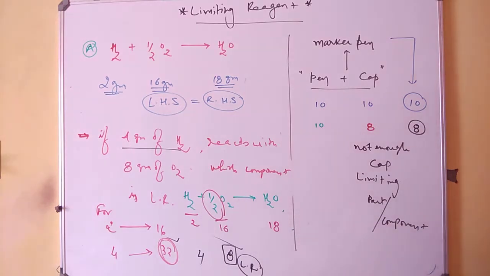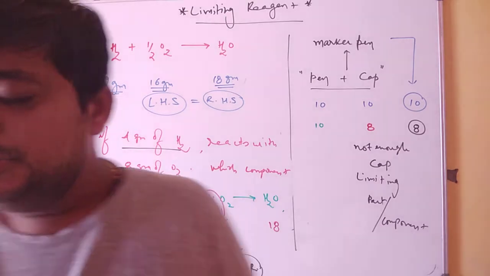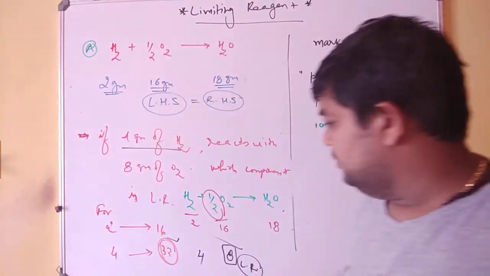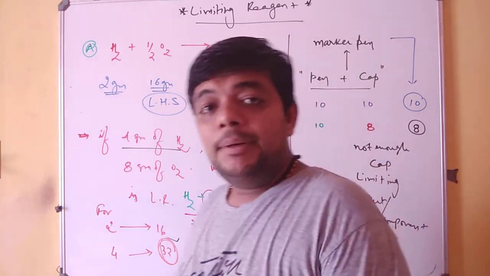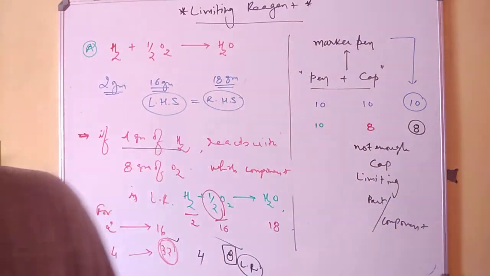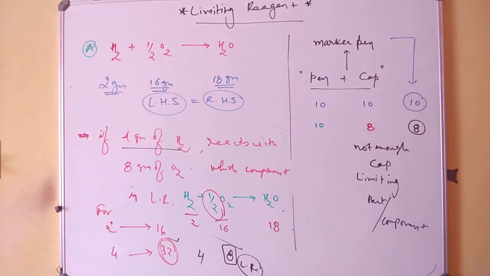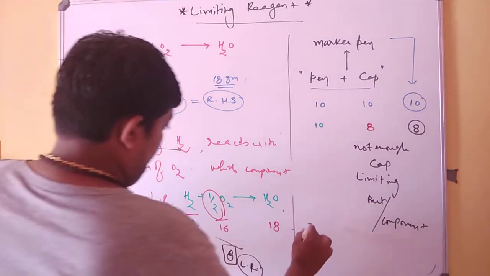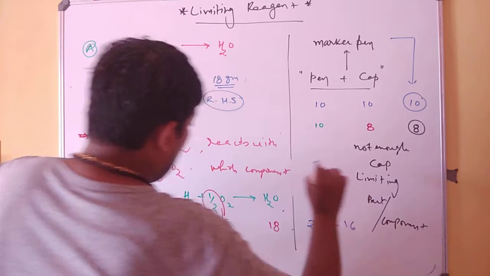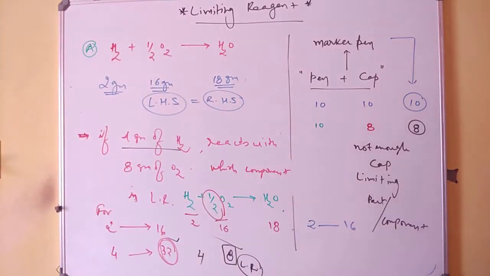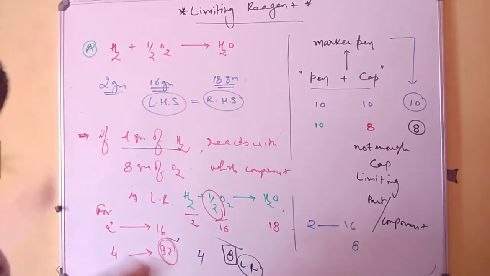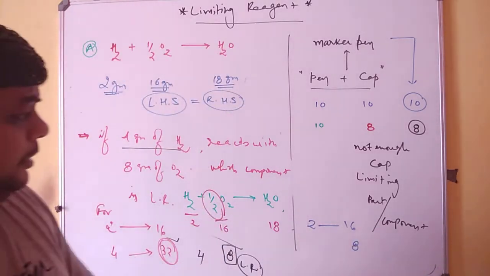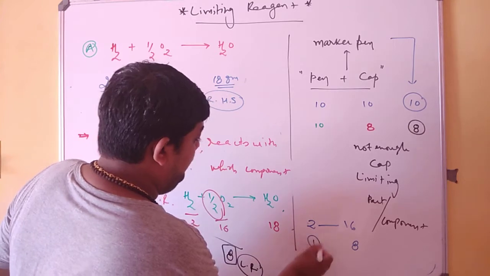See how. Sir, you discussed only this way. Why didn't you go the other way? What would happen if I go the other way? See what happens. Over here, for every 2 gram of H2, you require 16 gram of O2. What would have happened if you had only 8 gram of O2? You just cross multiply. From the question, you will only require 1 gram of H2.